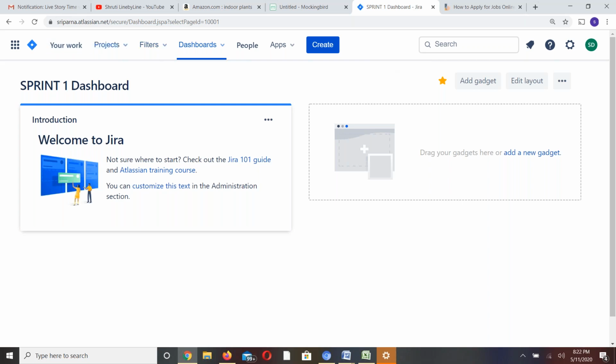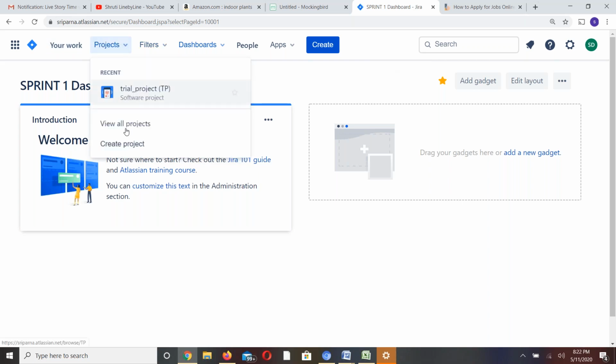Now if you go to projects here, you will see only one project, but you can create another project if you have admin permission. But in general, if you are starting to work on a project, you will not be an admin, and you are not supposed to create one. But you should be able to see the items assigned to you. You should be able to move the items from your queue to assign to someone else, and you can track the items until closure. You can create your own filters and save them.